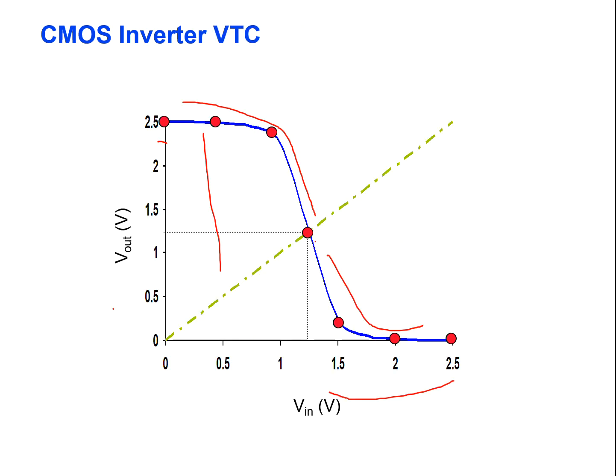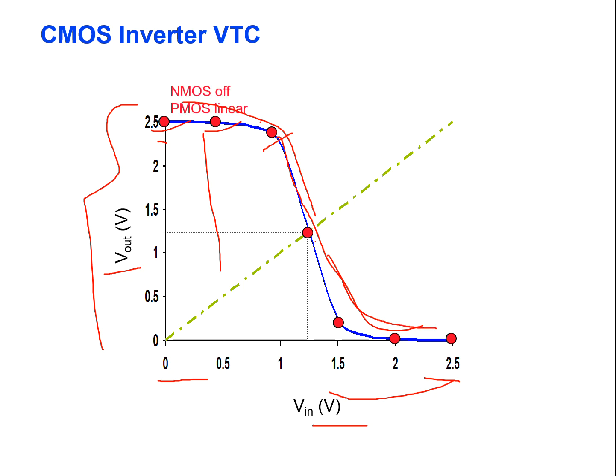So now we have plotted the voltage transfer characteristics curve of the CMOS inverter, which is output voltage versus input voltage, where if you increase your input voltage from 0 to 2.5, for example, you can measure your output accordingly. If it is 0 volt, you will get your maximum 2.5 volt. It is almost equal to 2.5 volt, and there exists a slope here, that we'll discuss later on. And once you further increase your input voltage, at one particular point it shifts from maximum. And then it crosses the middle voltage, and then it reduces to 1.5, 2 and 2.5 volt.